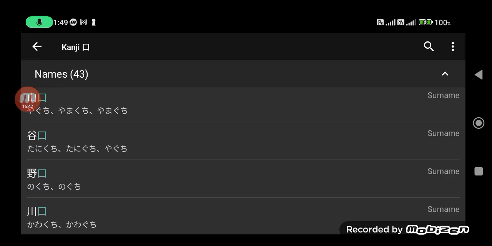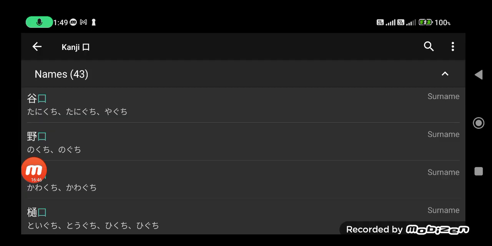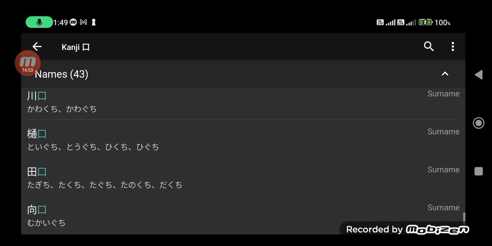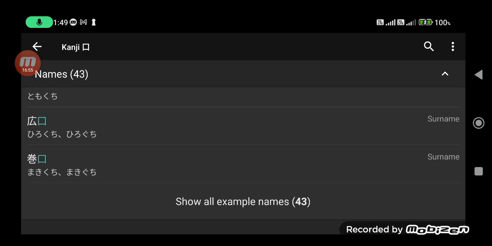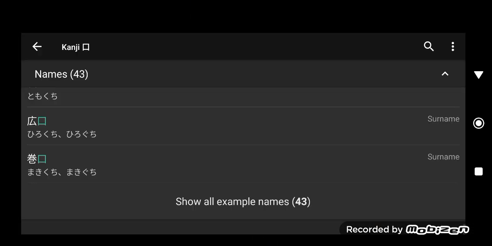And for other names, minasan, if you could just screenshot those, well, the readings are just like here, Noguchi. For other names, please just screenshot those, minasan. And now, minasan, for the final leg of our lesson, I will show you, minasan,